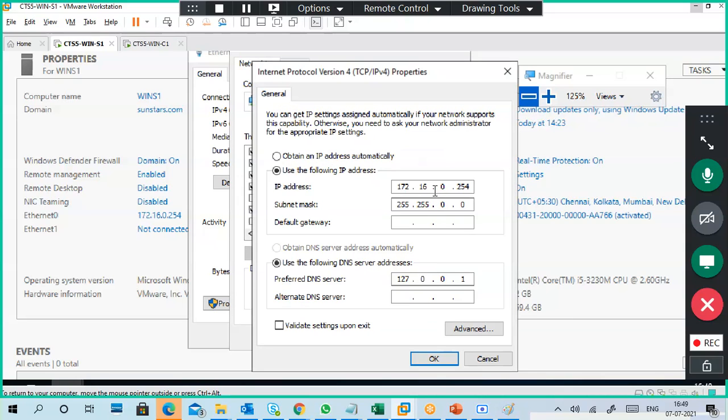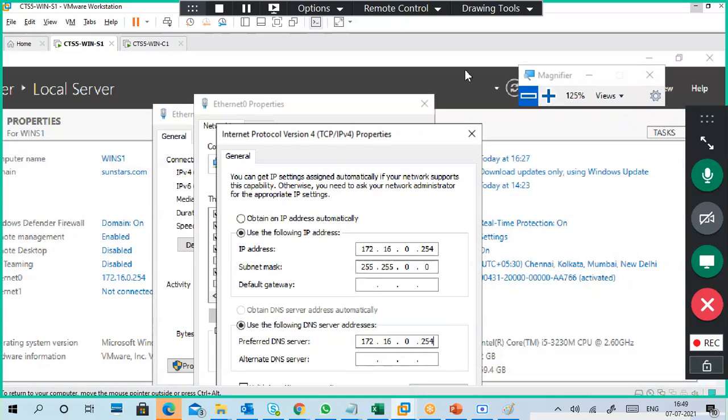So this is my IP address, 172.16.0.254. Of course, my server itself is a DNS server, so by default it will go into this mode. So 254. Okay, so the same IP address we will get, right?